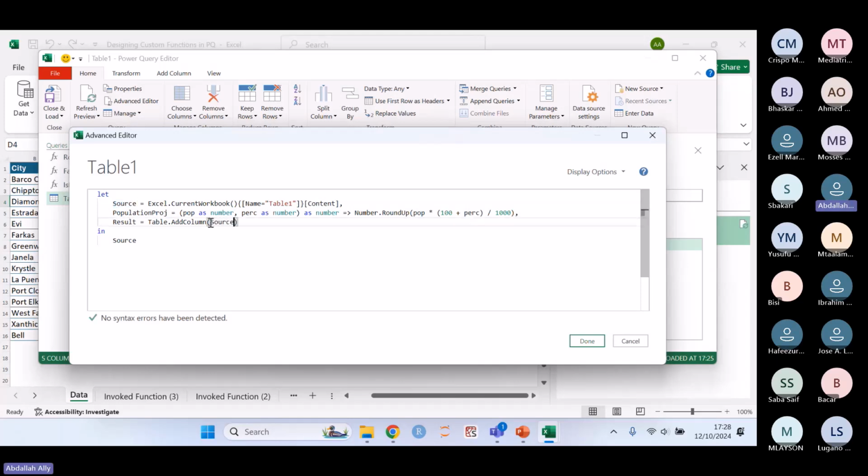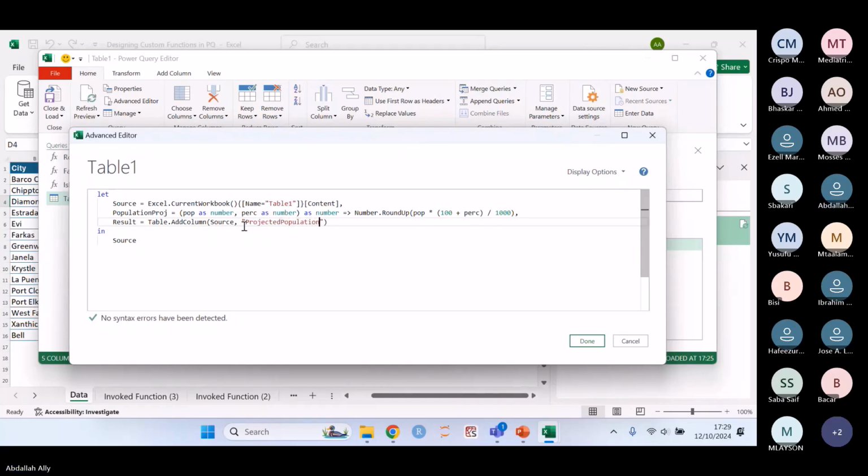I'm adding a column in the table called source that we read the original table from Excel. In this table, I want to add a column. You provide the name of the new column,